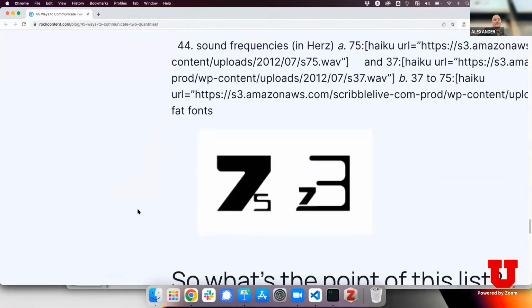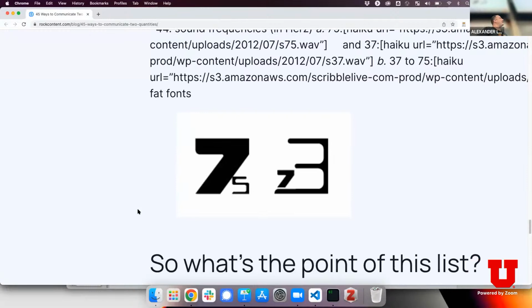This one here is interesting. This is fat fonts. I think I have a slide or so later about map visualization, but this essentially encodes a number also by its appearance. So a 7 is very dark, and a 9 is even darker, like heavier, and thereby encodes its value as well. So,